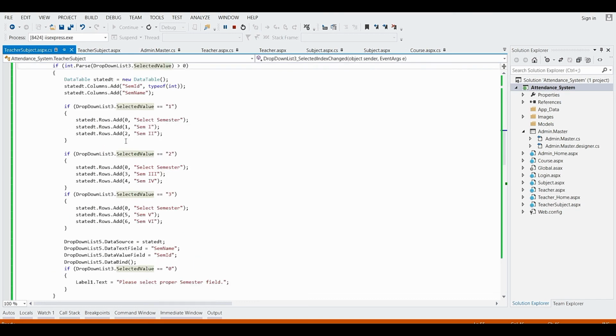The value present here, which is an integer, is the SEM ID, and the value present here is the semester name, SEM name.